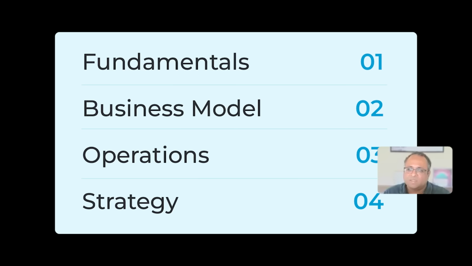Number one, just so that everybody is at the same base level, I want to talk a little bit about the fundamentals of marketplaces in general, AI or not. These are the economic fundamentals. These have been there for hundreds of years, so I want to make sure that everybody is on the same page. And number 2 is I want to talk a little bit about the business model. And then number 3 and 4 are on the operations and then the strategy side.